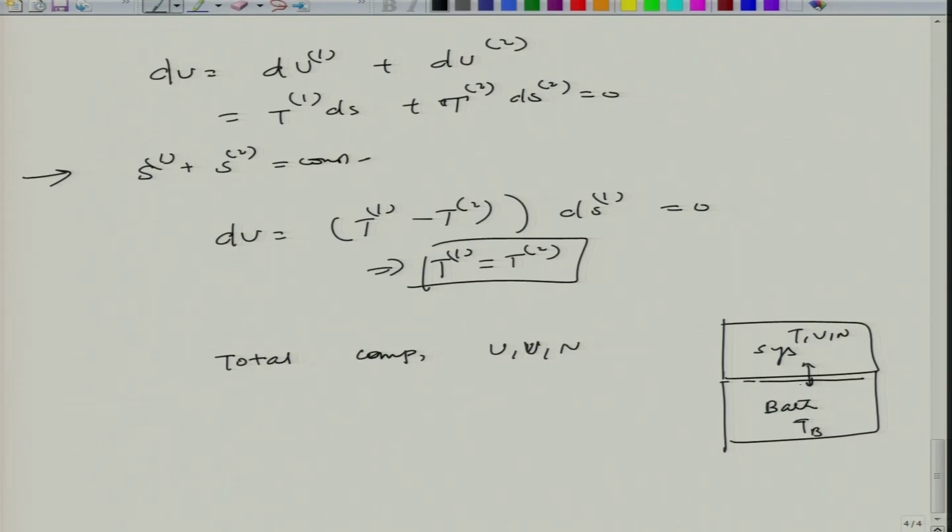With this bath, the system temperature will reach T, and we can consider all of this to be isolated. So the total composite has total energy U, V, N. Now, with this we can apply the minimum energy principle,